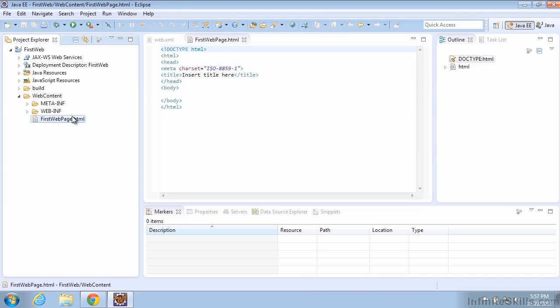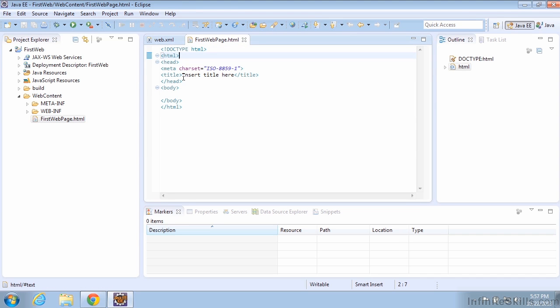And here you can see that that stubs out a bunch of stuff for us. You can actually change the title. Let's change it to first web page. And then let's simply put in the body, we'll tab and hit an H1, and we'll just say, this is our first web page. Now, if you followed along with the Apache Tomcat web installation,